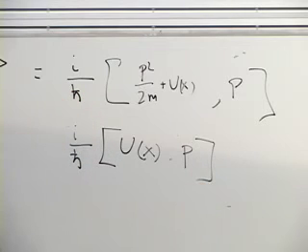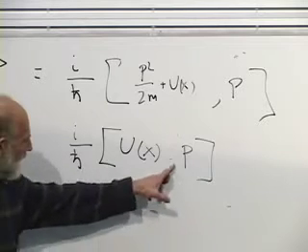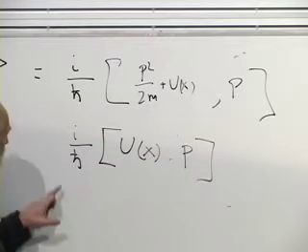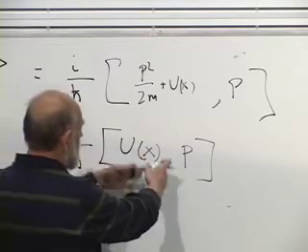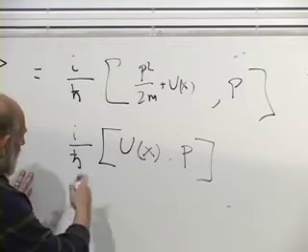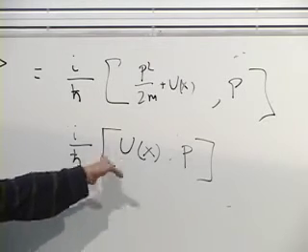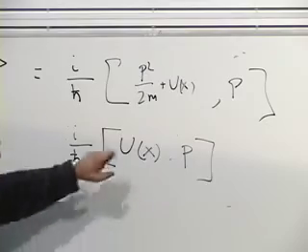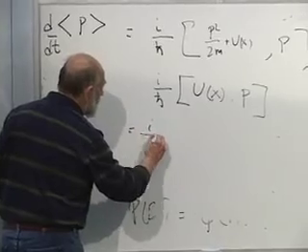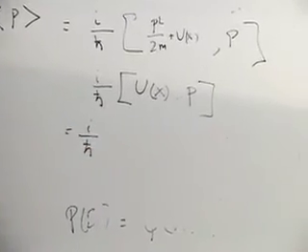You remember what the commutator of u of x with p is? Commuting with p does what? It differentiates with respect to x. Commuting with p differentiates with respect to x. That was one of the first things we worked out, which is long gone off the blackboard, unfortunately. Commuting a function of x with p gives you the derivative of the function of x. And so this all gives us then I over h bar, and then I think it's